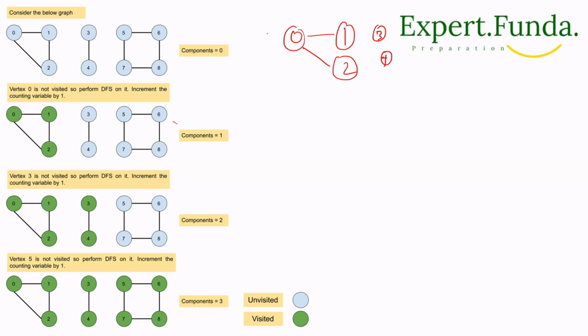right? So this one, what we have? We have 0 1 2. Now we have 3 4, and 5 6 7 8, right? So